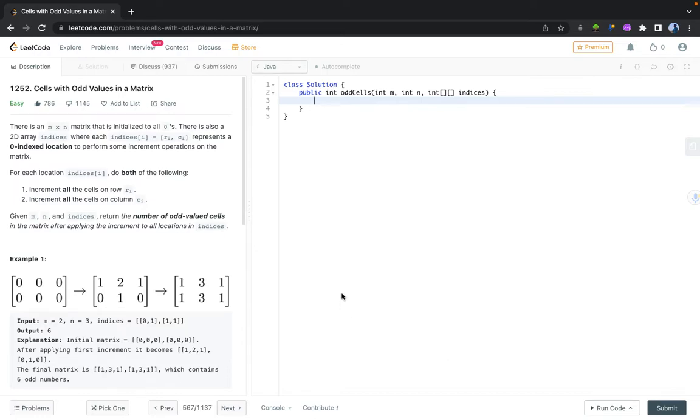Hey everyone, today let's try to solve this problem, which is cells with odd values in a matrix. So what is given in this statement? We have been given an integer m and n and this indices. What this m is saying,